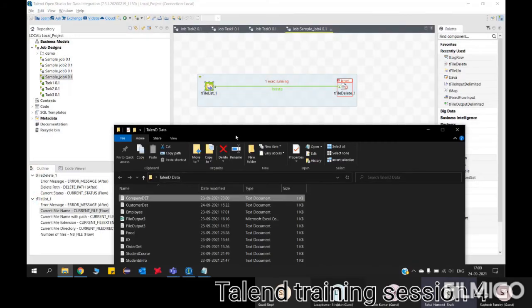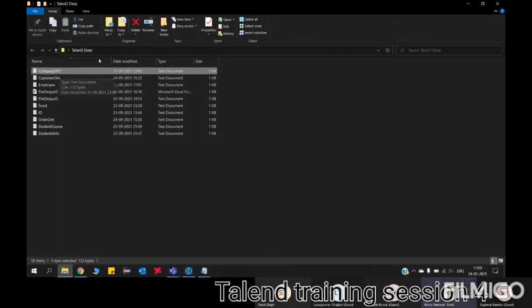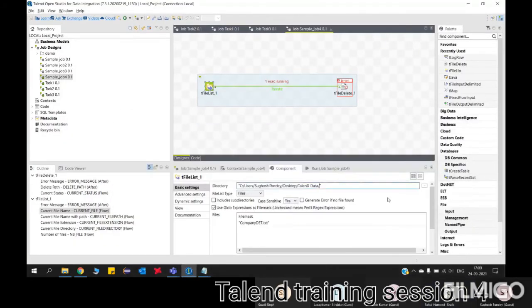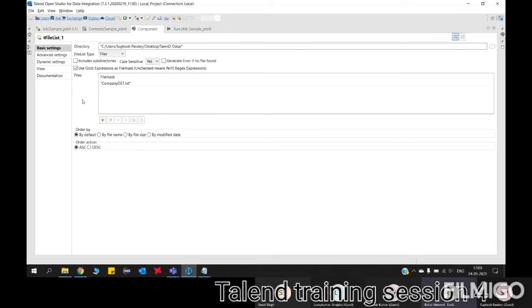Otherwise, let us do one thing. You can uncheck that file mask and give the exact file name there. Scroll down. Uncheck the file mask. Uncheck in the sense remove that. Click on component. Yeah, cross mark. Now just choose the specific file. Whichever file you want, you can choose directly so that the path will be populated automatically.